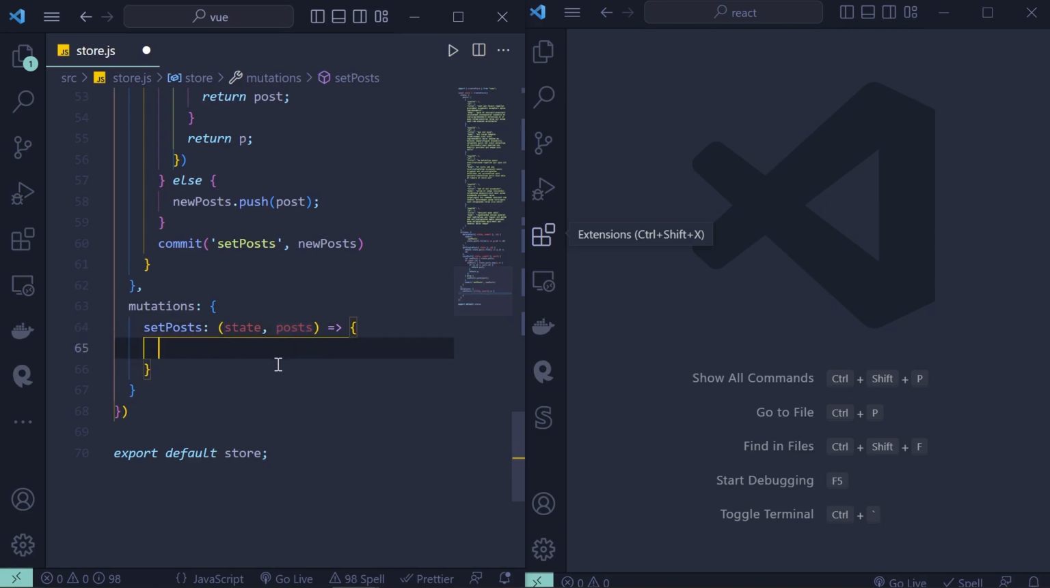In this case, it's very simple. State.posts equals the given post. And using this approach, it's going to update the posts in the state. So we have created the store. Now let's open